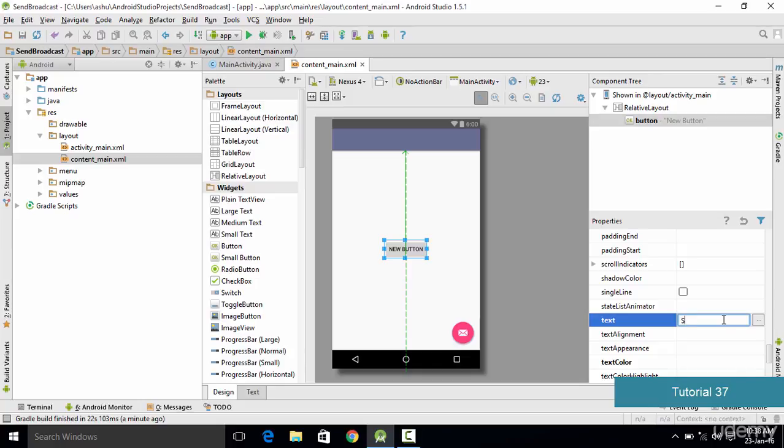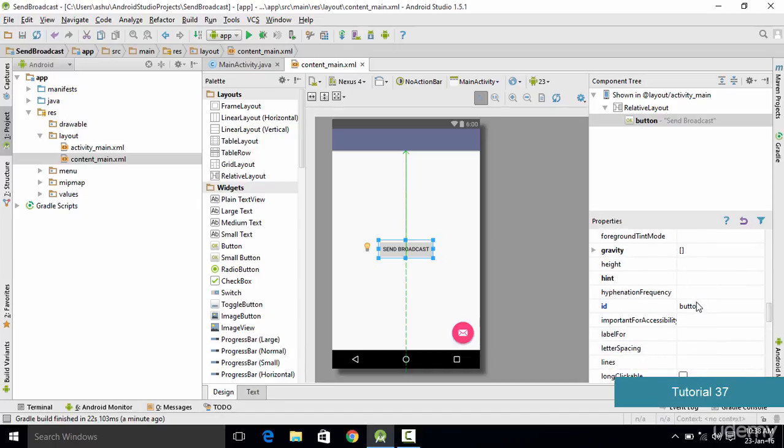So we change the text to send broadcast. And now once we are done with this, we also set the ID of the button so we could reference it. So we go to properties and let's say we change its ID to send button. Now once we are done with this, the next thing which we do is that we need to write in some code which is going to take a message and it is going to send a message to